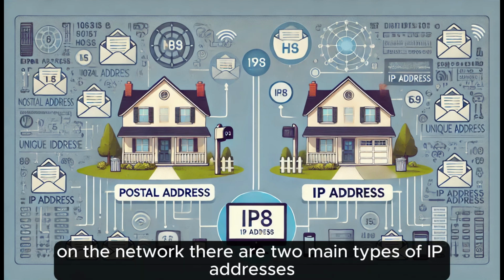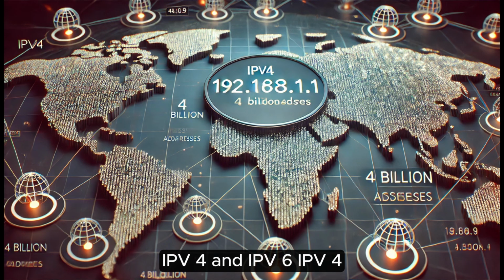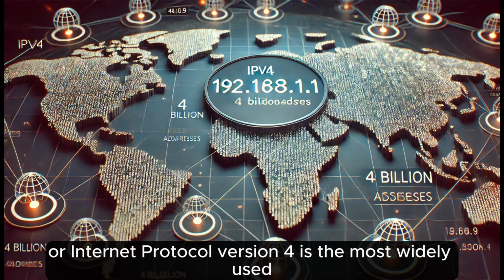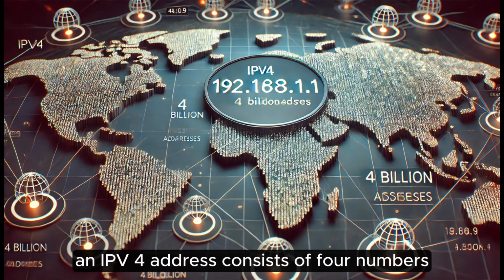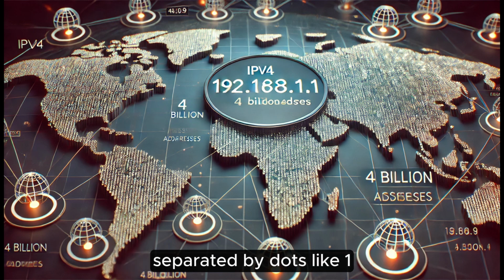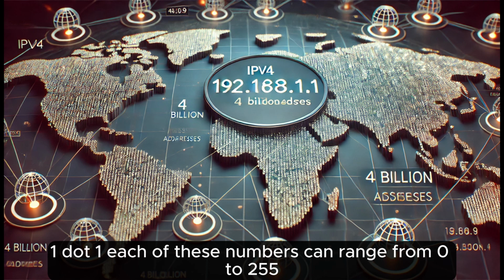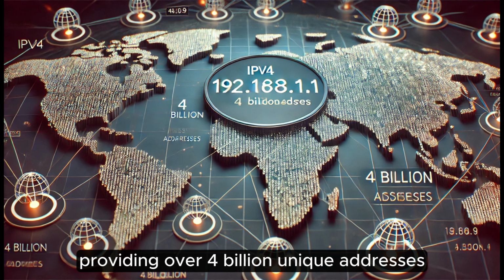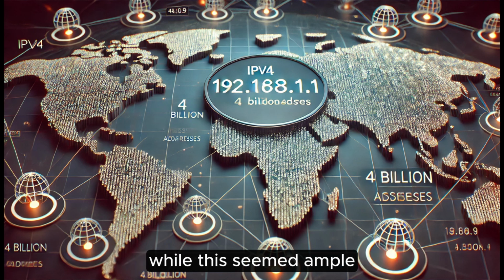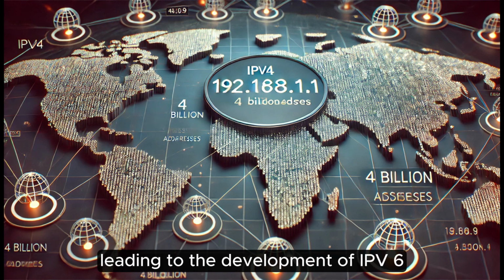There are two main types of IP addresses: IPv4 and IPv6. IPv4, or Internet Protocol version 4, is the most widely used. An IPv4 address consists of 4 numbers separated by dots, like 192.168.1.1. Each of these numbers can range from 0 to 255, providing over 4 billion unique addresses. While this seemed ample in the early days of the internet, we've since outgrown it, leading to the development of